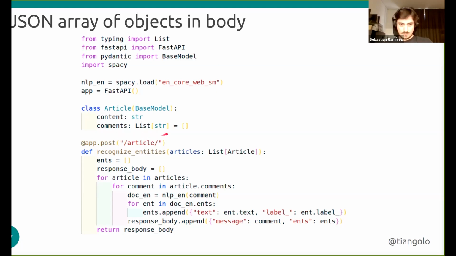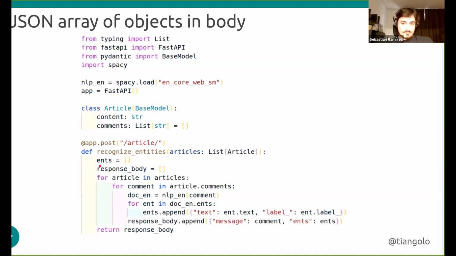So this is the same thing that we were doing here before. This is just standard Python. We are not doing anything strange. We don't have to learn a new syntax or a new set of classes or anything. This is standard Python type annotations. Now we are declaring that articles should be a list, where each one of the items should be an instance of this class Article that we declared. So it will be something with this shape.